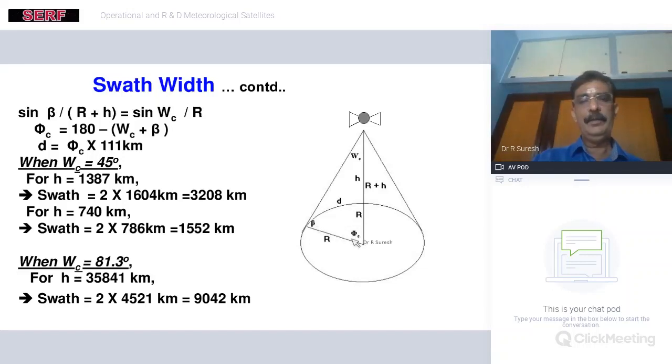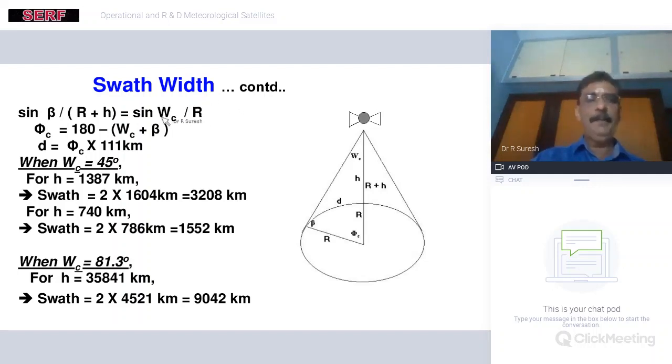Now we know R, we also know h because we are only launching it. What is unknown is psi c and beta and psi c. So this can be deduced from this particular equation because all the three angles put together is 180 degrees, as in normal trigonometry. R is known, h is known, and this denominator, both are known.